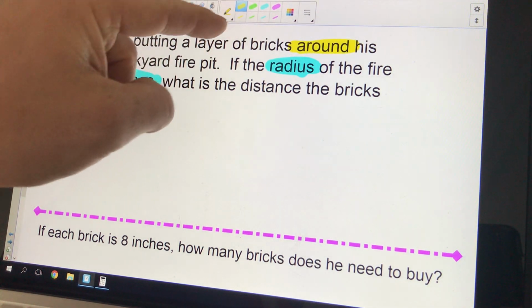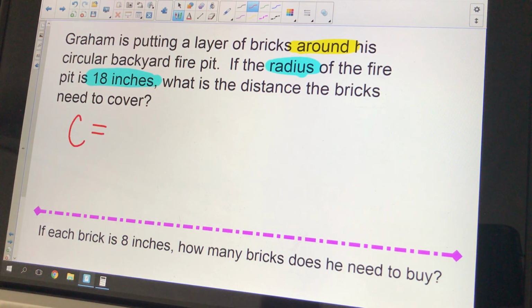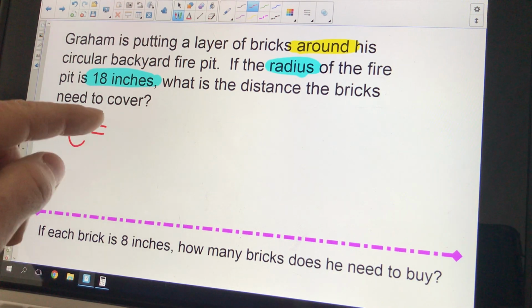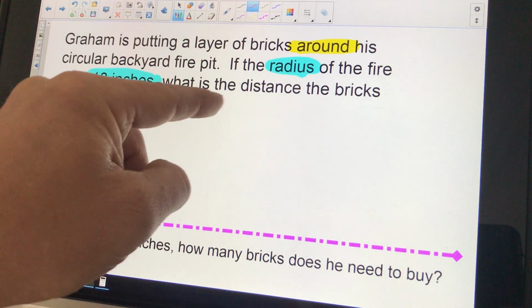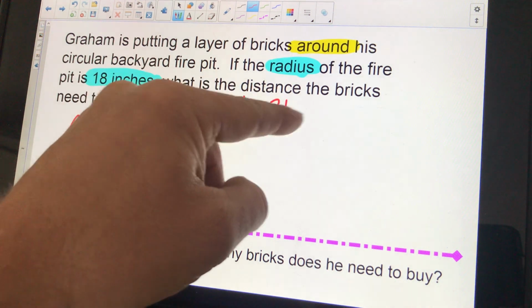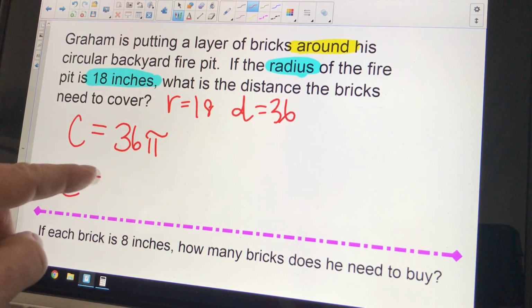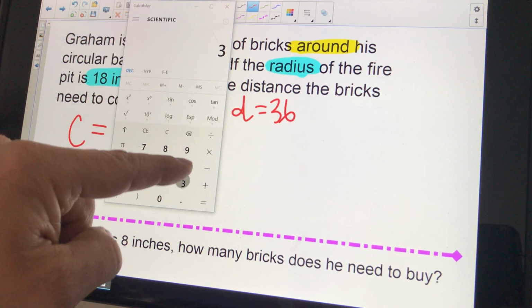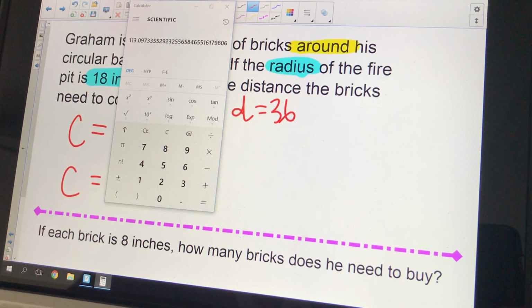So this automatically turns itself into a circumference problem because we're trying to measure around. This layer of bricks needs to go around the fire pit, where little kids don't fall in or something, of course. Circumference equals pi times the diameter. Now, the radius is 18, so the diameter must be double that, or 36. 36 pi. There's my first answer. I'm going to go to my calculator and do 36 times pi, and that's going to be 113.1